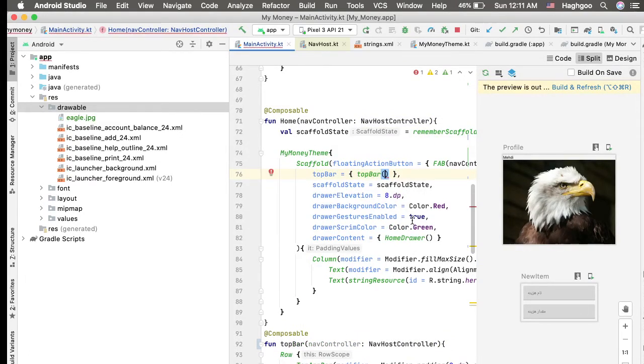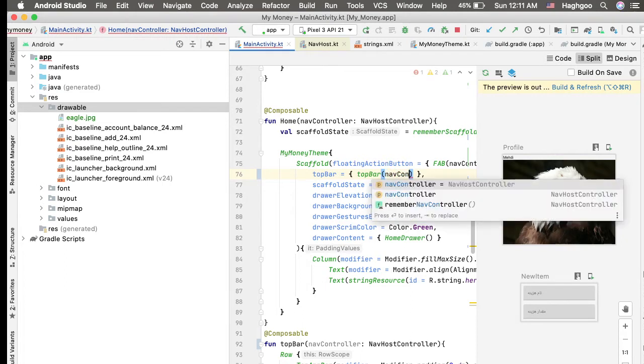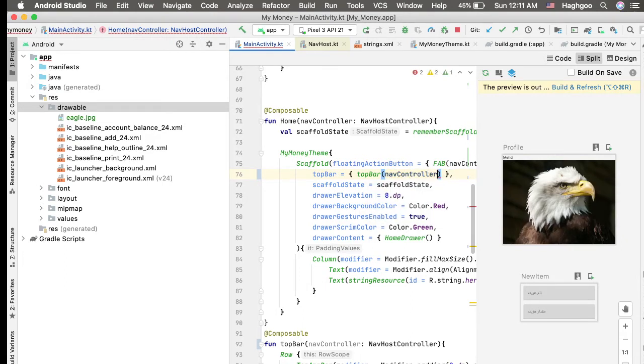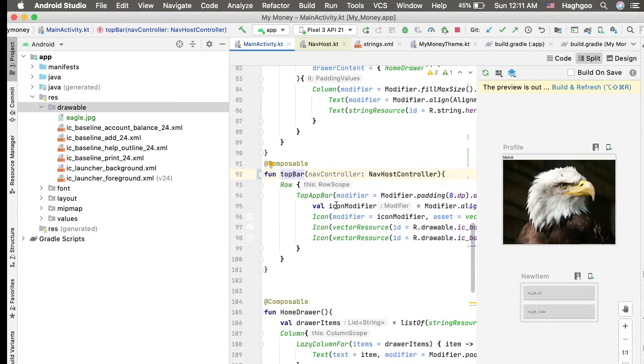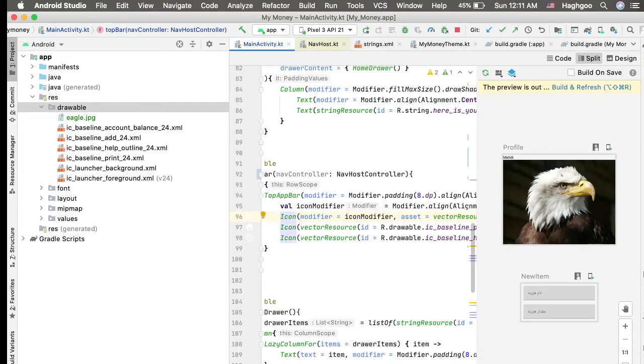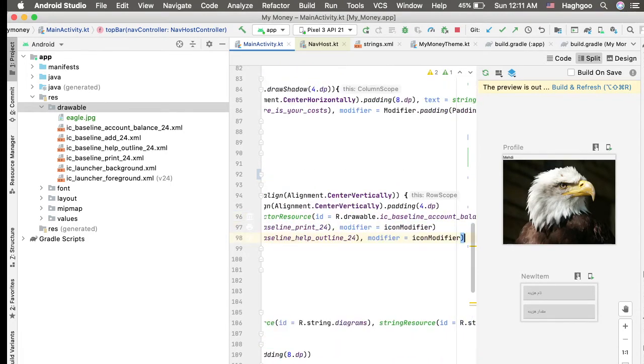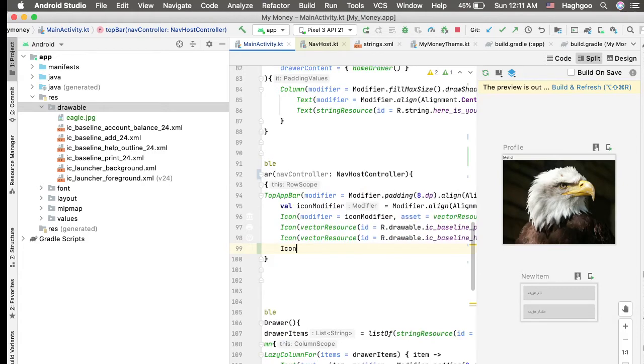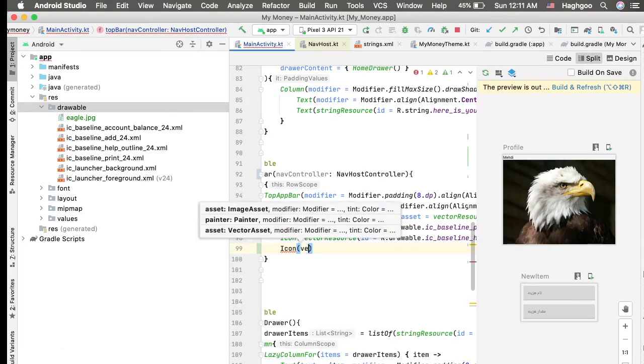Do we have, yeah, nav controller is available. And when any of these are clicked like this, let's add a new icon for profile, icon vector resource